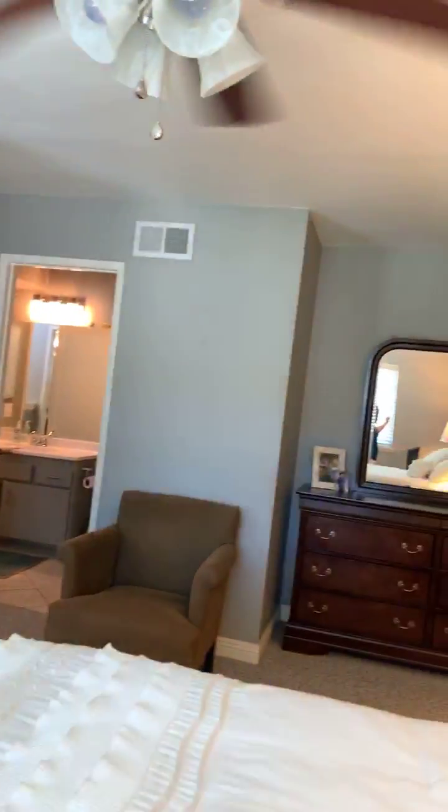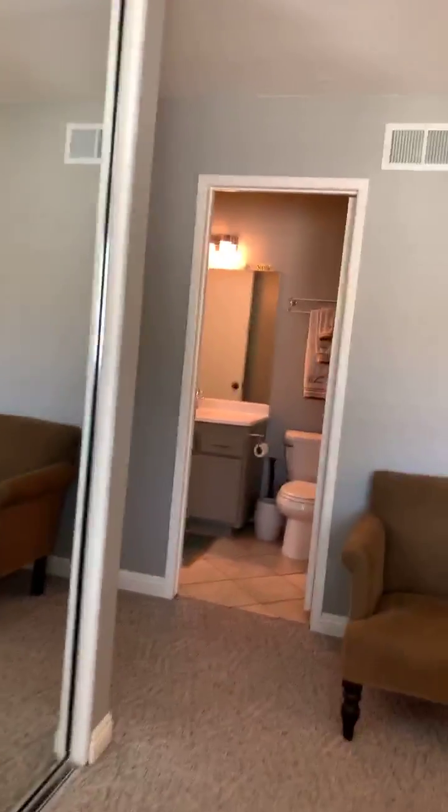Okay, maybe I should show you guys, right? Right there. I'm going to open the curtain more. Yeah. I just don't want to go outside because somebody might want to come over again. So